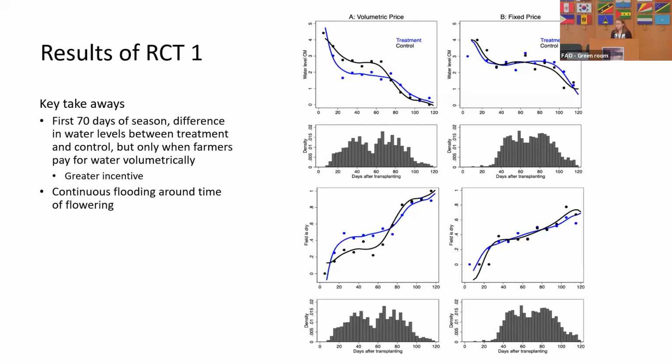which is what we would expect. However, I will point out that this is different based on whether the farmers were paying for irrigation with a volumetric price versus a fixed price. With the volumetric price, they have more incentive to conserve that water, to use the AWD. Then, just pointing out, after that 60, 70 day mark, that's when the flowering takes place, and so the flooding is needed because